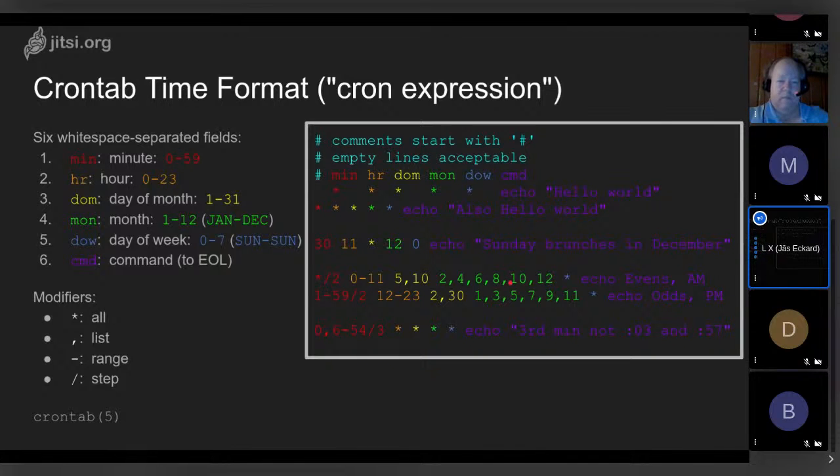So you can have a list of different, in this case, we've got the different months and also the different days of the month. So this will run on the 5th and the 10th of February, April, etc., the even months. Another modifier here is the dash. So I've got, as the example, 0 to 11 for the hour. That's all the AM hours, which is why I've commented here AM. So from midnight to 11 AM, this will run on the 5th and 10th of the months of February, April,